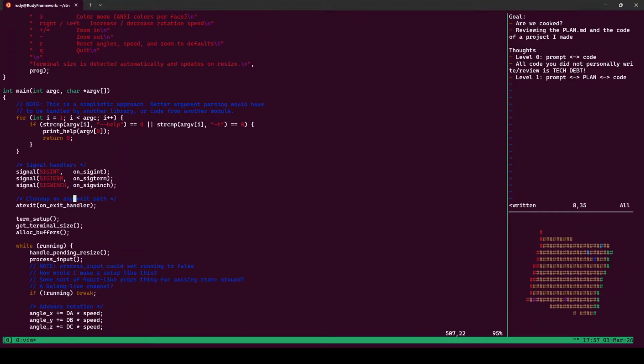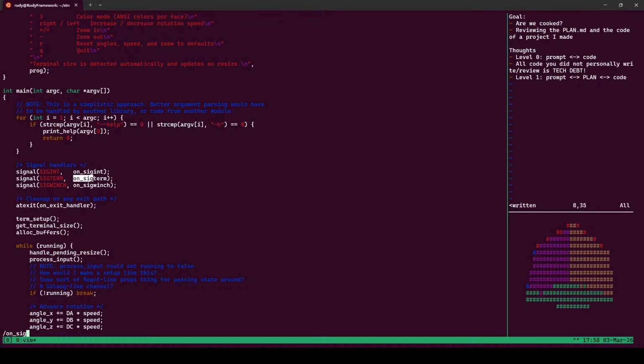And this actually kind of wowed me. This is the first time I was like, wow, this is good. Signal handling. What exactly is this? I didn't know initially. And then you can see we've got signal SIGINT. What is that? SIGTERM. I don't know what that means. SIGWINCH. No idea. Well, if we go back actually,